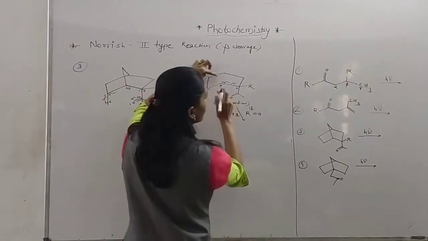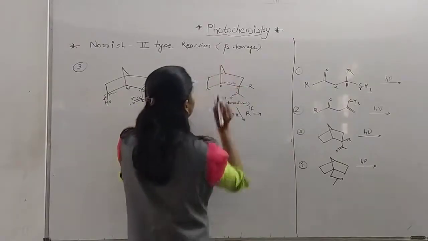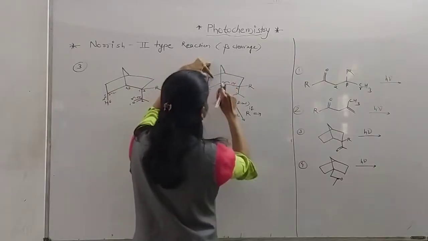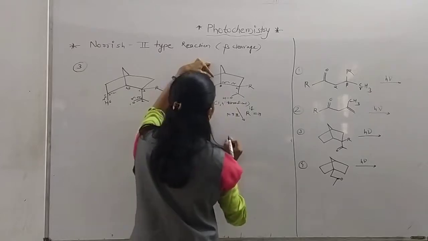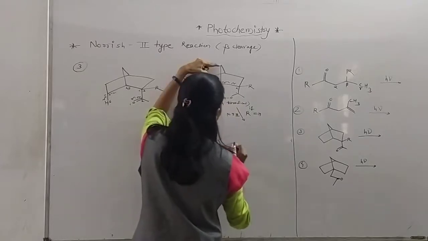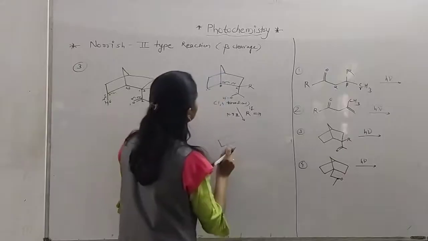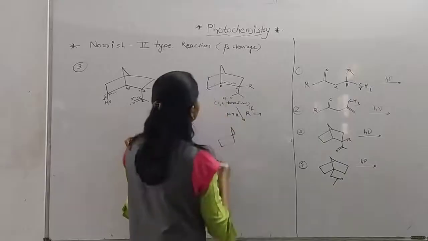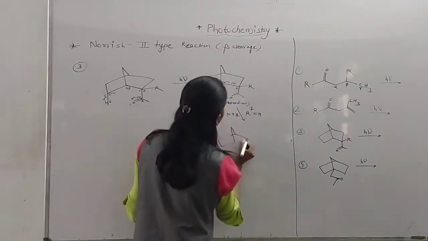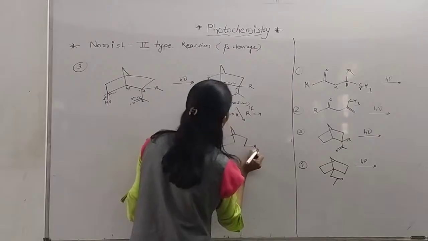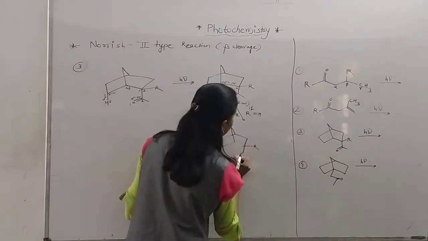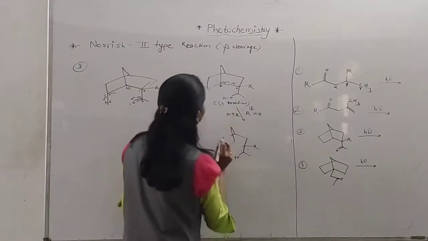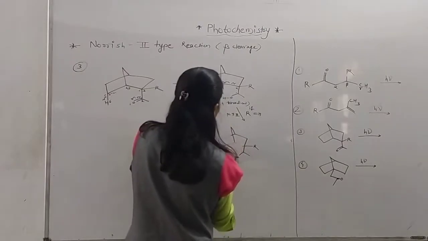Here, actually, this is a 5-membered ring, and here radical bond formation is there. So I have written one step more for simplicity. This is a 5-membered ring, and there is the chain R. This is a radical system, this is a radical. This seems to be OH here, and here a radical.